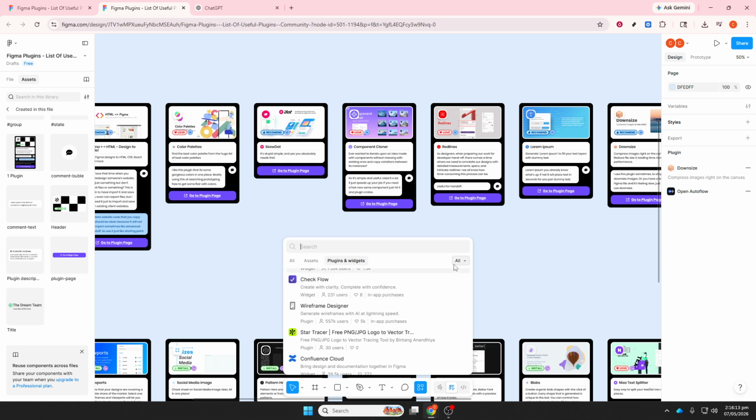From here, you can expand your plugin to generate UI layouts, rename layers in bulk, insert icons or images, or even build social media templates. If you connect external